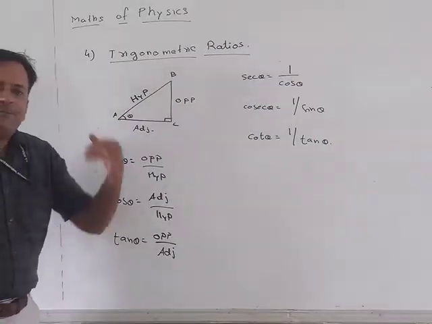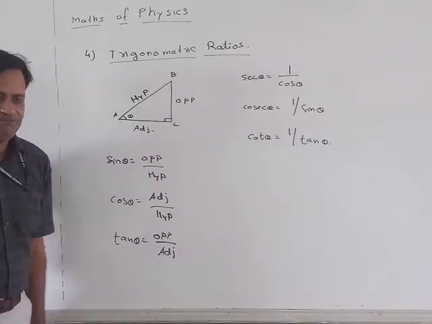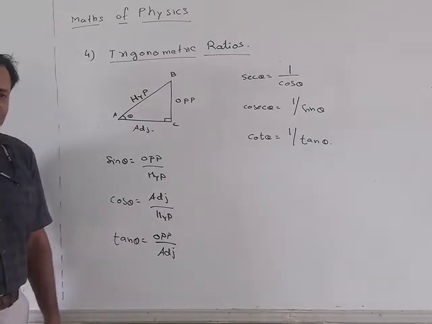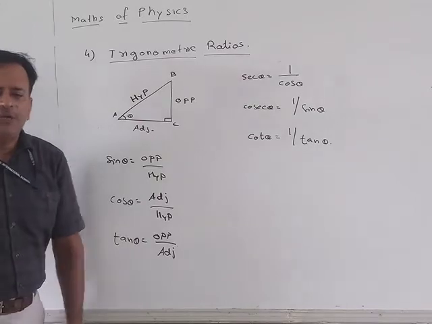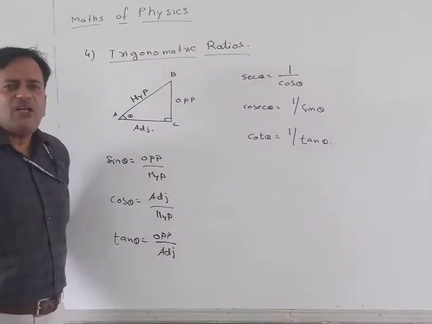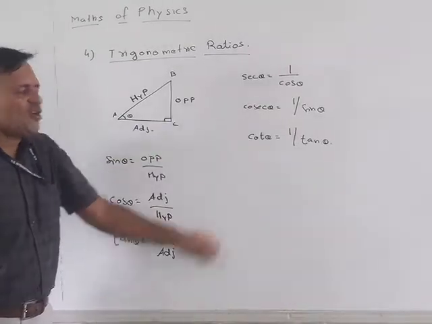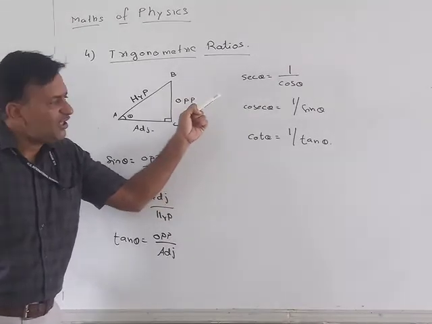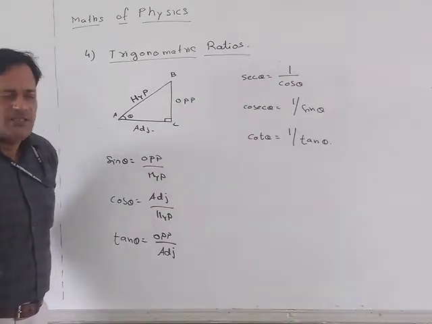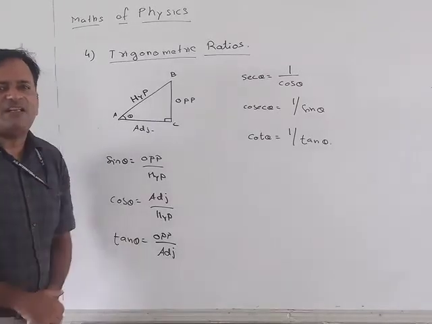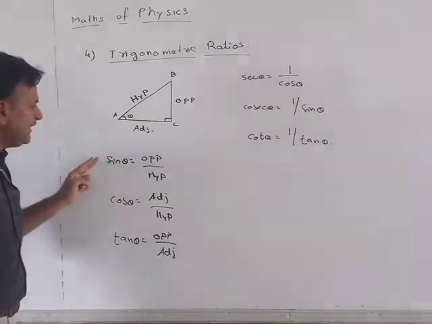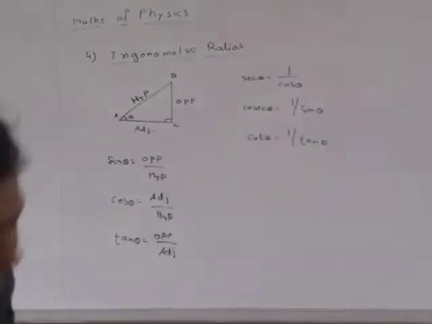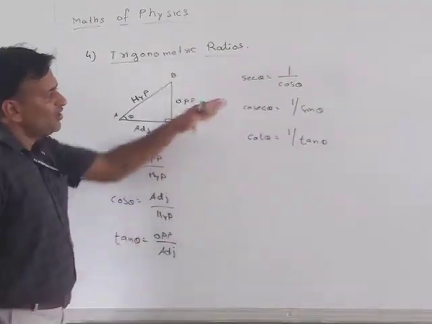Whenever we put the trigonometry into use, there are lots and lots of uses of trigonometry. When we are using trigonometry, basically, we are not using these three, sec theta, cosec theta, cot theta. That does not mean they are not at all useful. They are useful, but not in the very general way. The most general use is for only these three, sin theta, cos theta and tan theta. So we focus on these three trigonometric functions, not on these.